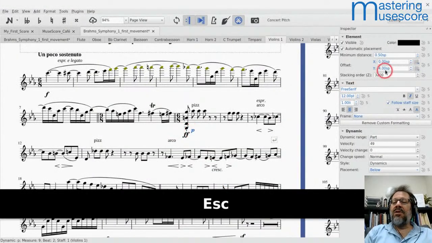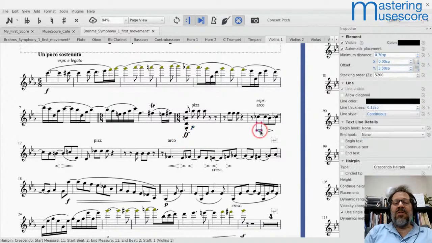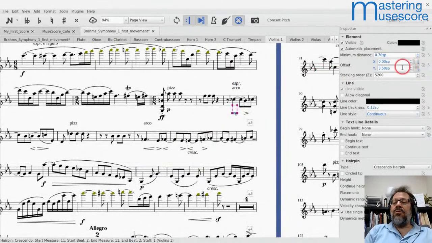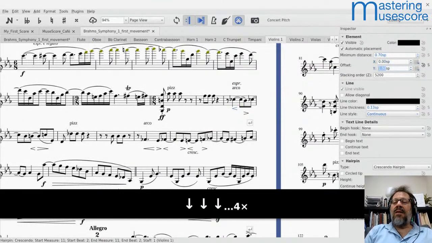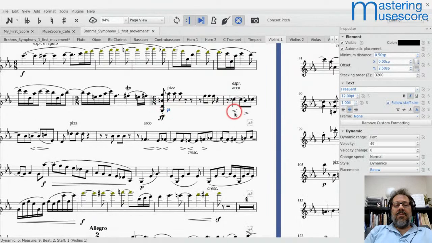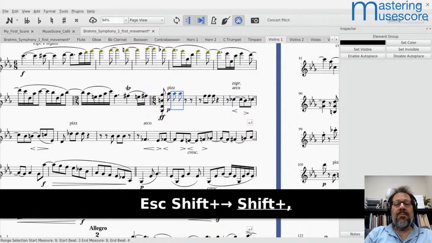I'm going to use the inspector to reduce that down to, say, 3, maybe even 2.5, and then hit set as style so that all the dynamics move. And while I'm at it, I'm going to do the same for hairpins. I'm going to move hairpins to not 2.5, because I did this one at 2.5. I don't know if you can tell that, but let me add a hairpin right here. If I add a hairpin here,